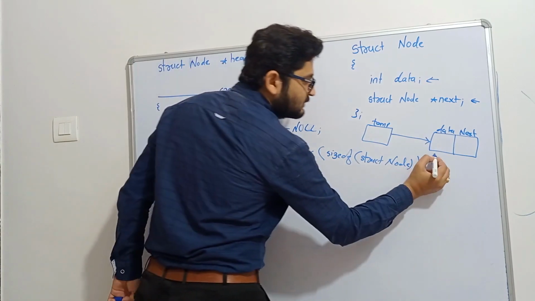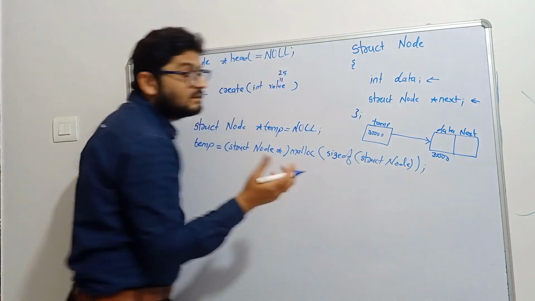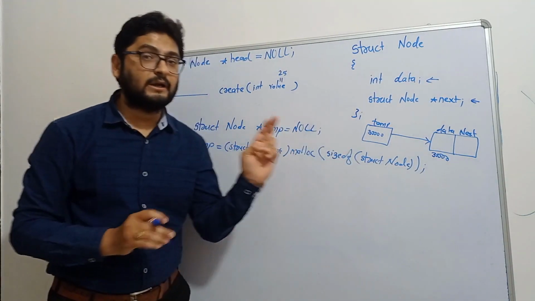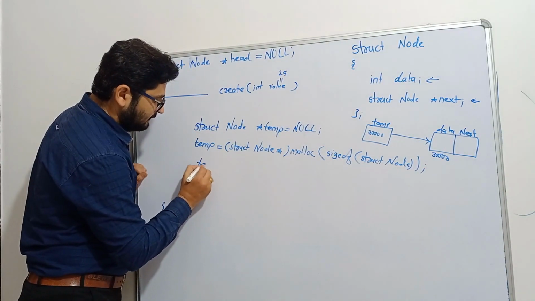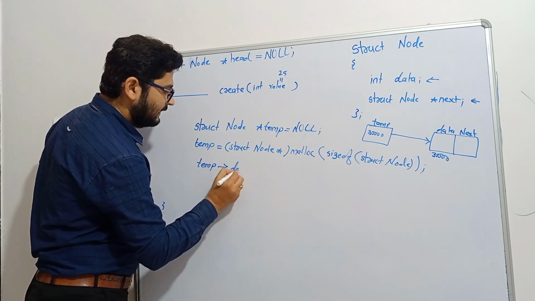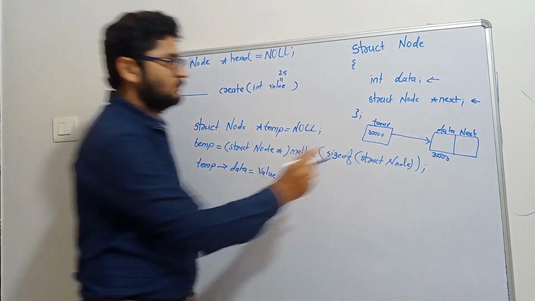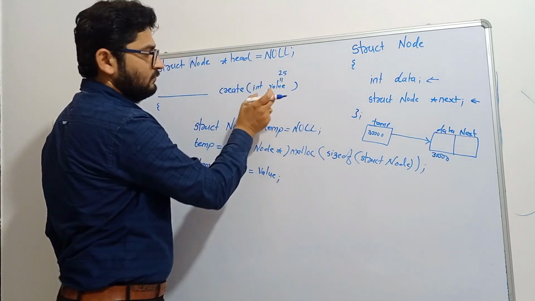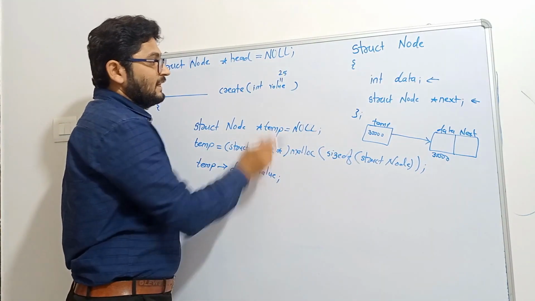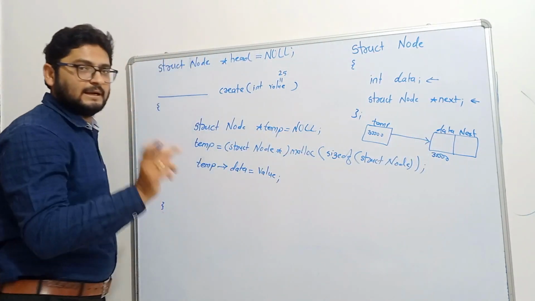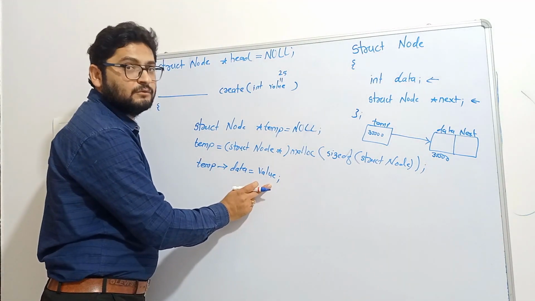Okay. Now let us suppose the address of this block is 30,000. Okay, so here it will be 30,000. So temp is currently holding the value 30,000. Why? Because temp is pointing to the memory block having address 30,000. Now what will I do? I will write temp arrow data is equal to value. Okay. Now here we want to store this value, right? Whatever value for which we have created this block, that value we want to store over here, in the data part of the node. Okay, so for that we have to write temp arrow data is equal to value.